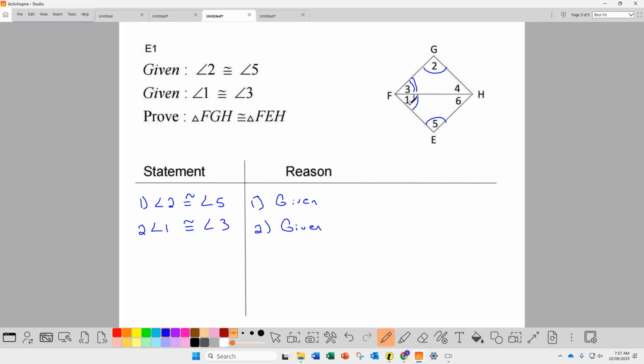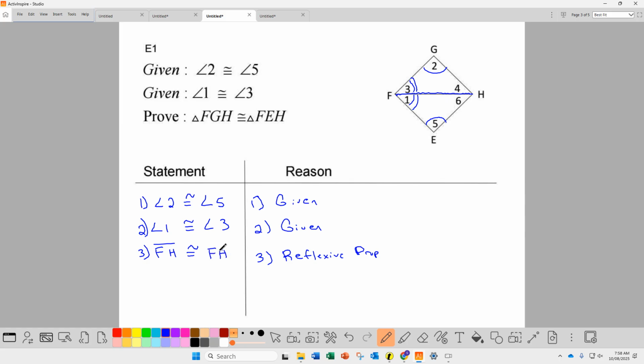Now in these triangles, they share a common side. They share this segment right here. And what do we know when they share one? It's going to be congruent to what? What did we just say? What property? If it's shared by both of them, what do we know? Yep, it's reflexive. That's the reason, it's the reflexive property. That's the reason that's congruent, but what is it congruent to? It's congruent to itself. So we're going to write for number 3 that FH is congruent to